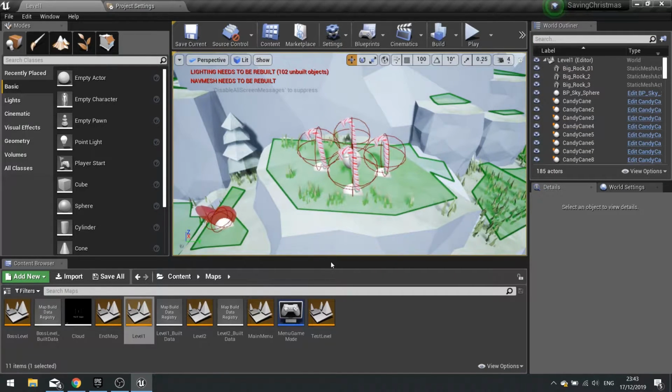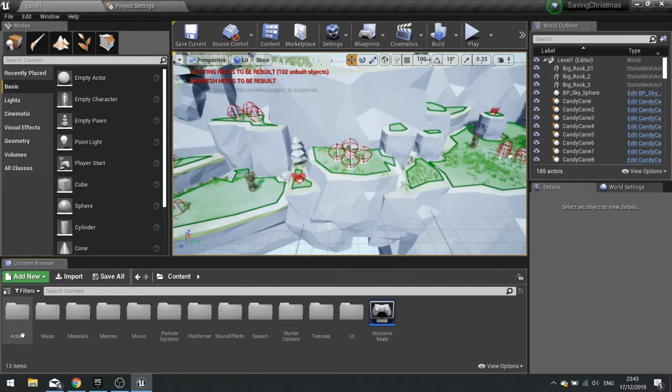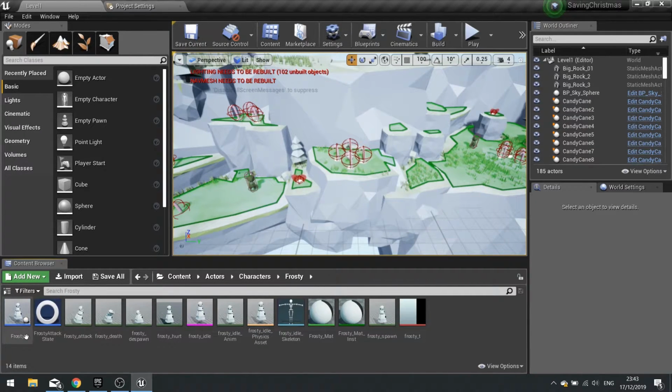So once that's happened, that means we've now got a loss phase and a win phase. Now, final little tweaks we're going to put into the game. We're going to go into Frosty. And we're going to tell Frosty to play different music when he's dead. So we'll go Frosty.